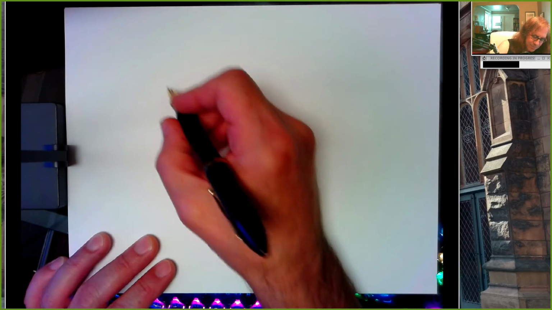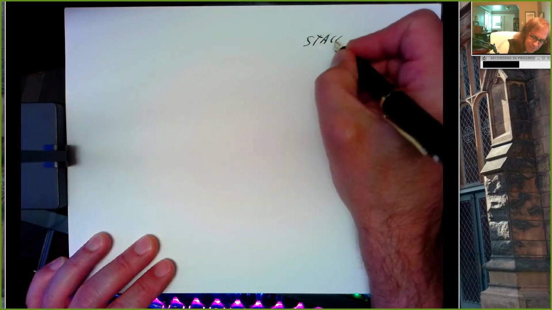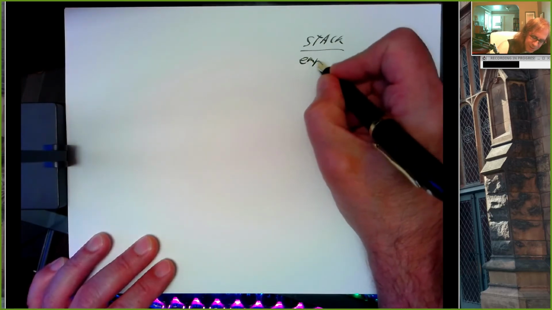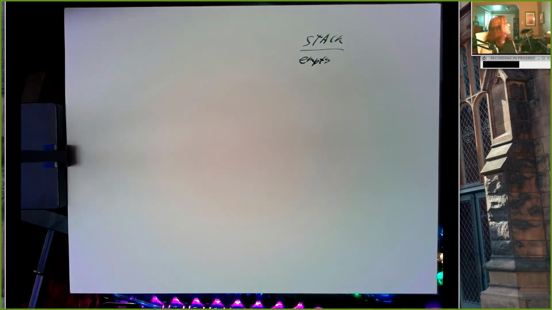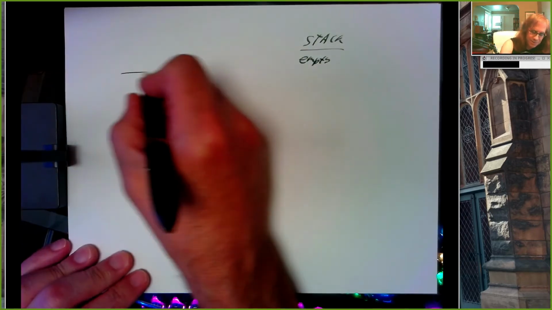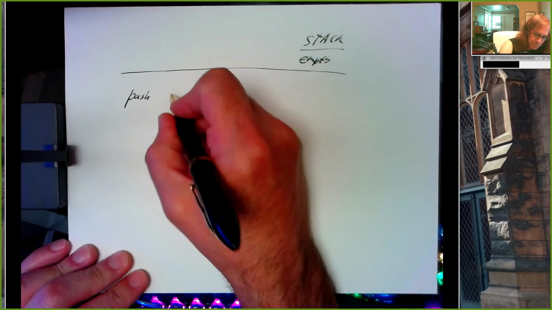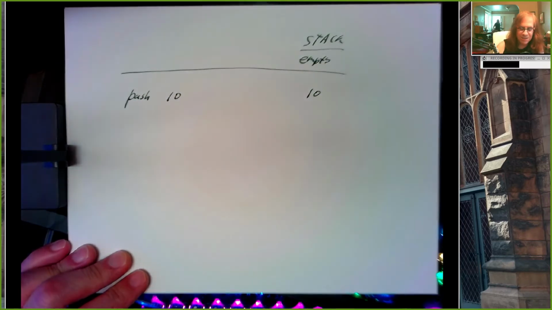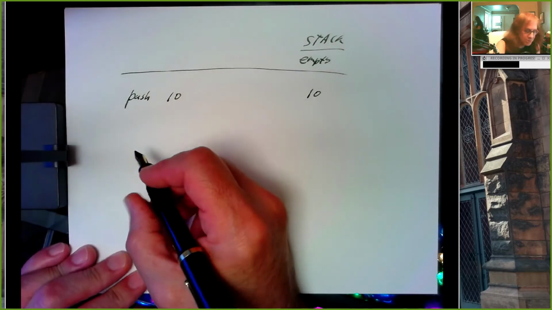So I might have mentioned before, stacks are kind of a general computer science concept, and it's this idea of putting things one on top of another, pulling them off in the reverse order that you put them in, so that the last thing you put on the top of the stack is the first thing you take off. So if we imagine an empty stack, so there's nothing on it, and you say push 10, your stack now has a 10 on it. If you say push 20,